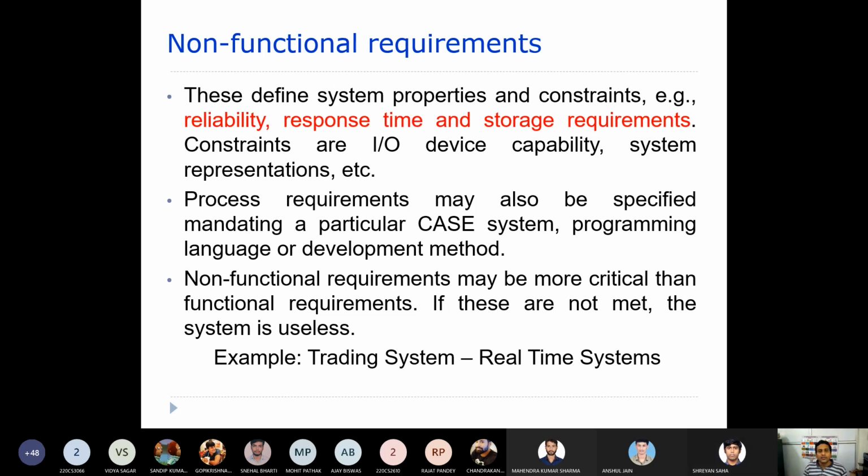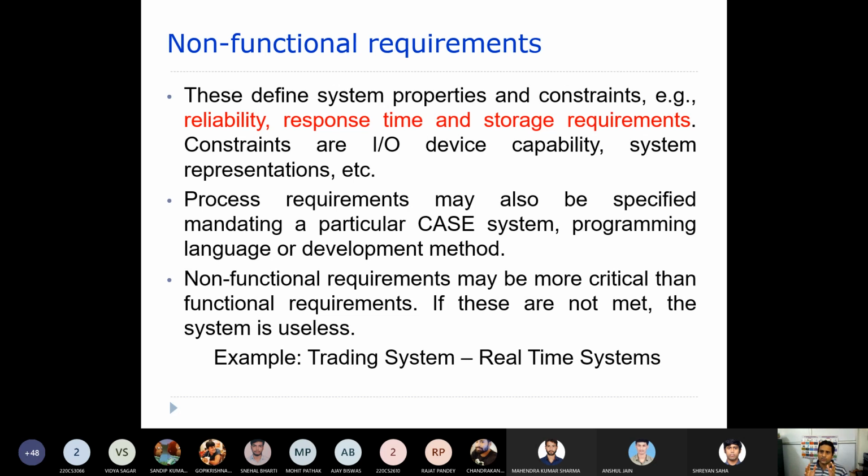Okay, right. So there is something like storage requirements or this sort of thing. All those things will be categorized under non-functional. I mean, let's say the application or the software you developed should not take more than 1 GB of data or more than 500 MB of data. Or it should not fail at all. So always the reliability should be very high. The response time should be like this, or maybe the performance should be like this. So the system should be able to handle 1,000 users at a time.